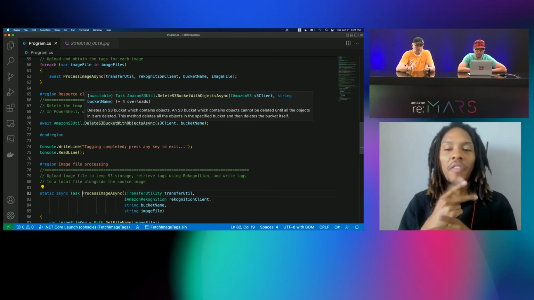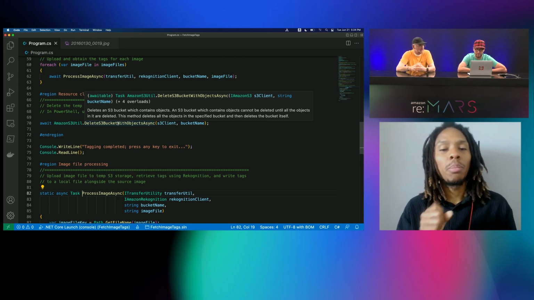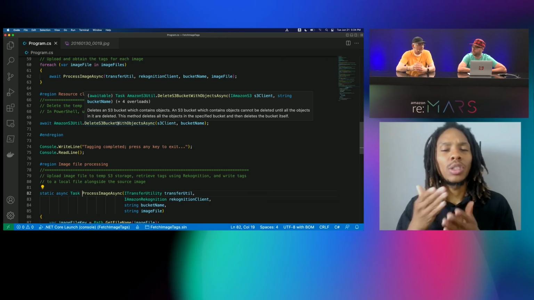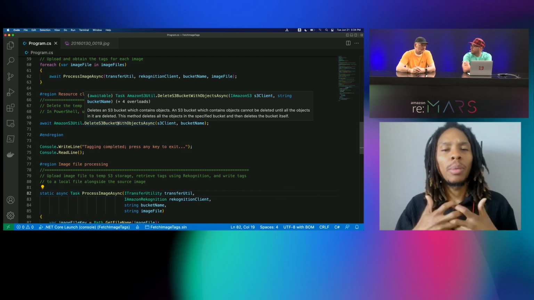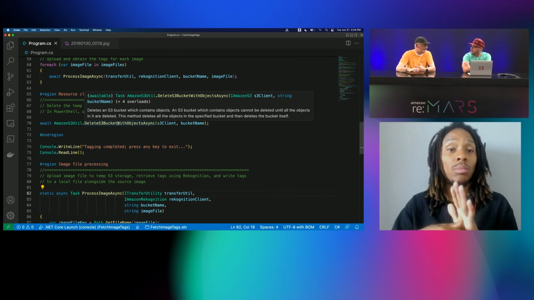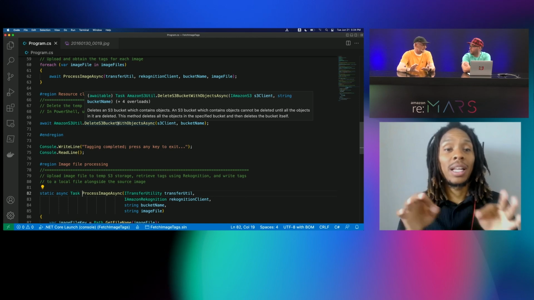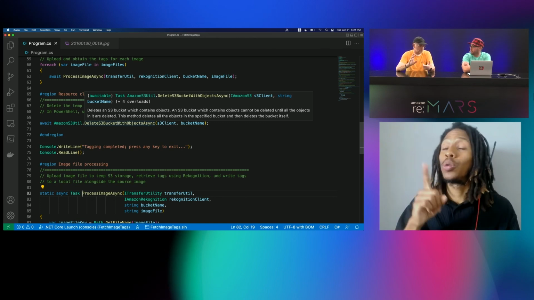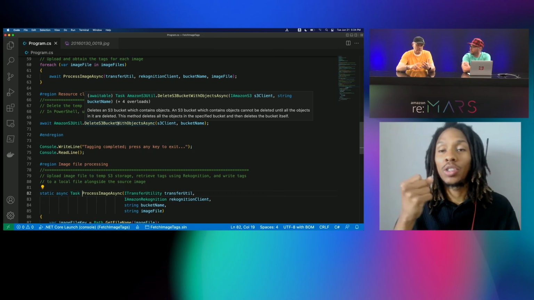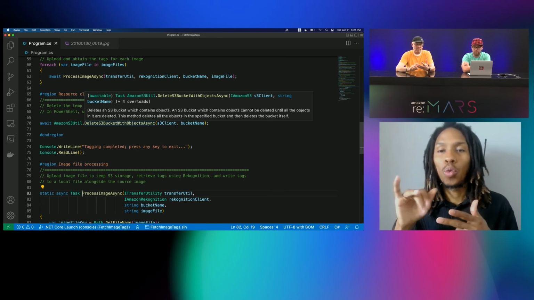Nice. So, a really simple program, but making use of AWS AI services running in the cloud from a local machine to achieve some automation that saves me a lot of time. And just to reiterate, you could have done this with any of our language SDKs. JavaScript, TypeScript, Go, Python, Ruby. I've lost count at this point.